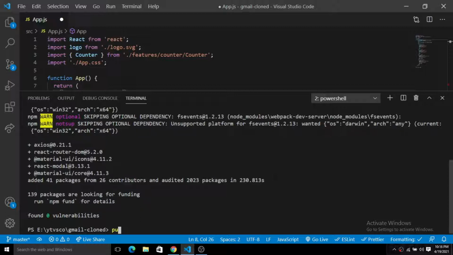And I'm going to simply install two more dependencies, which are very important. One is for text editing, word editing, just like this. So for this, I will install React Quill. React Quill is a rich text editor. So we will use React Quill and a React HTML parser.